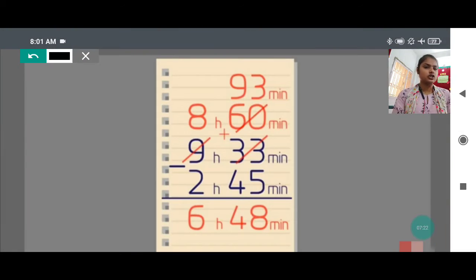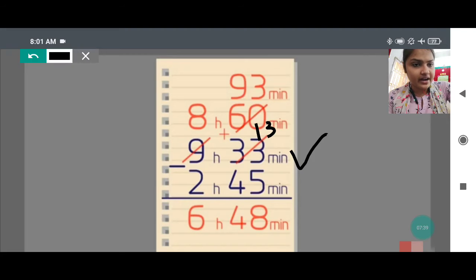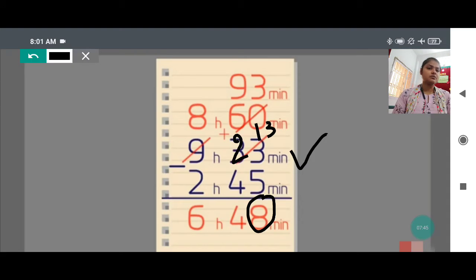In the same way with this question also, 3 minus 5, we will start from the right side, right to left we will go. So 3 minus 5 is not possible. It will take 1 carry, so it will become 13 here. 13 minus 5 will be 8, which I will write here. After that it is 2. 2 minus 4 is possible? Not possible. It will take 1 carry from the hour.